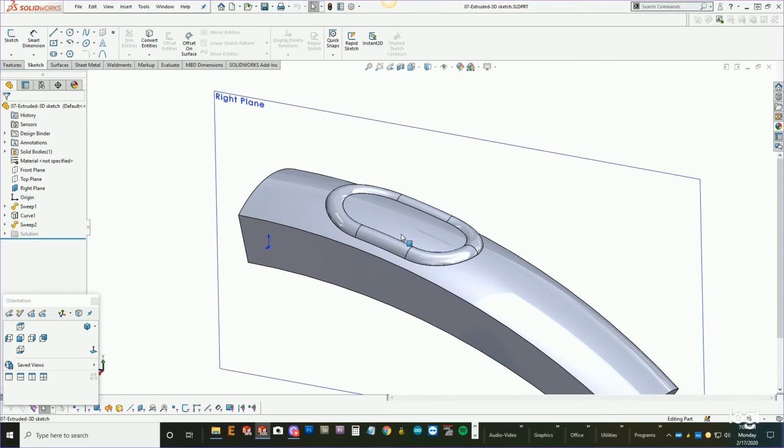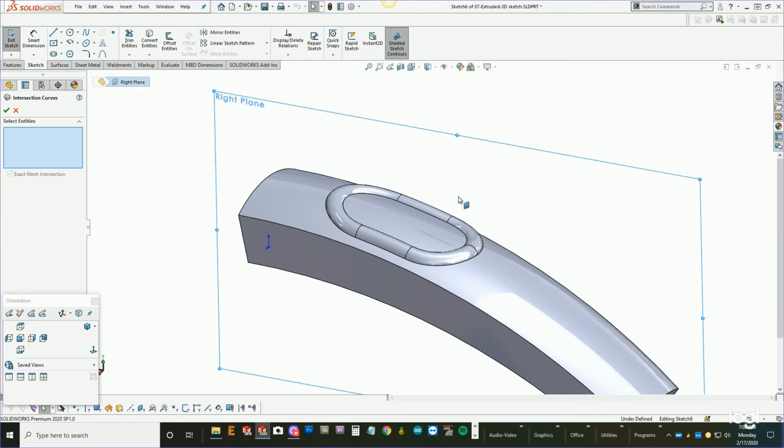But we first have to make a reference, because with 3D Sketch, you have to remember, it requires a direction. Because it's not created on a reference plane, it needs a direction, like an axis or a model edge or a sketch that you create. I'm going to create a sketch to do that. So first what I'll do is use this plane to do an intersection curve between this face here,